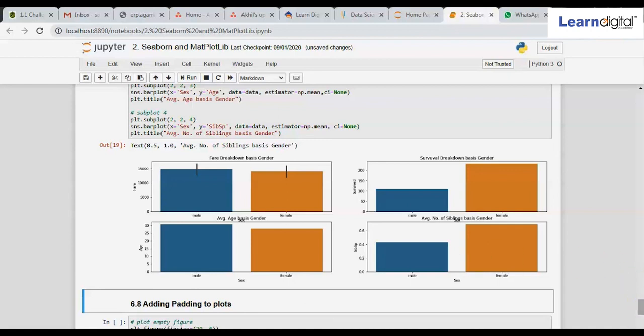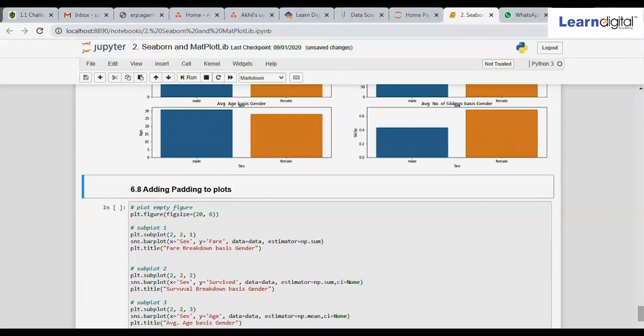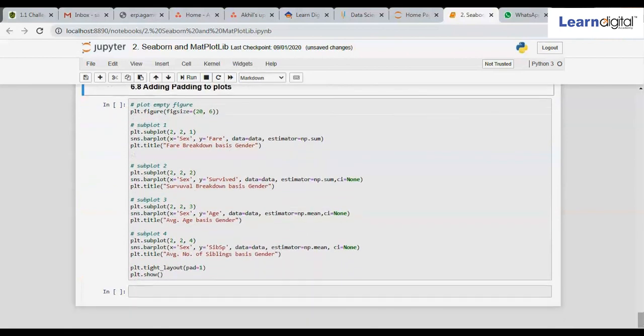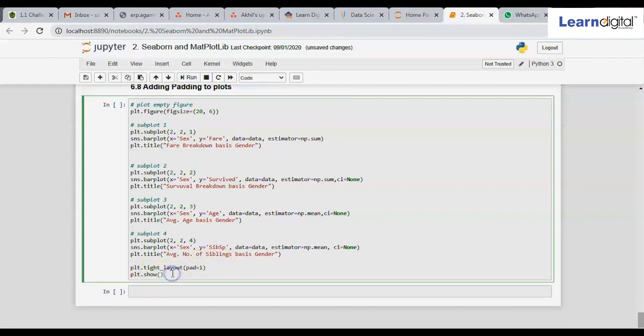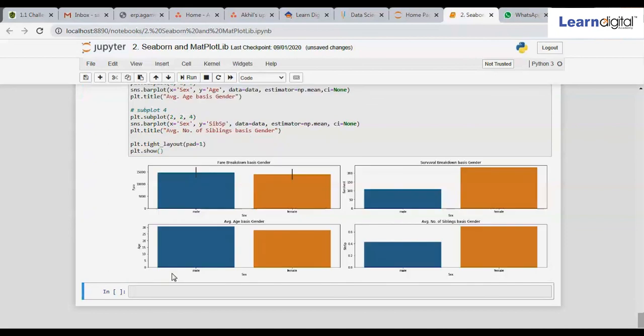Now let me show you by executing the code. I have copied the same code above here, and I have added an additional syntax to it, plt.tight_layout with pad equal to 1. When you execute this, you can notice that the graphs are not merging into each other. Now you can understand the data clearly.